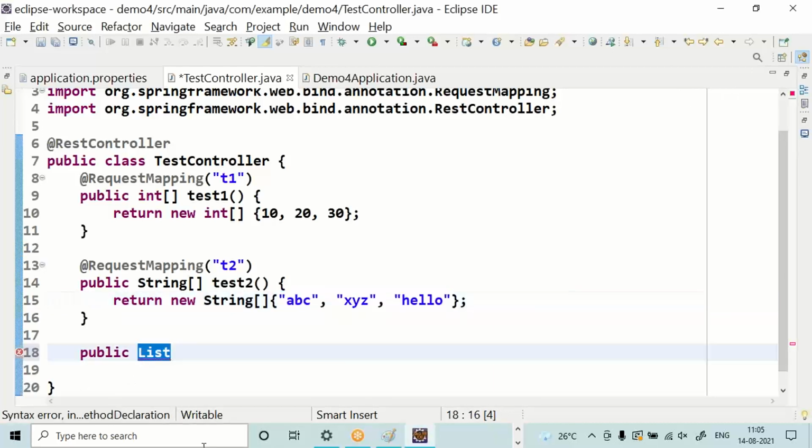Everybody, public. Let me go for array list. Just type array list. Control space bar.